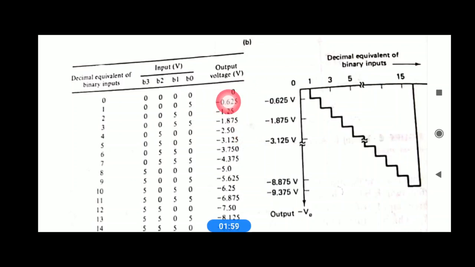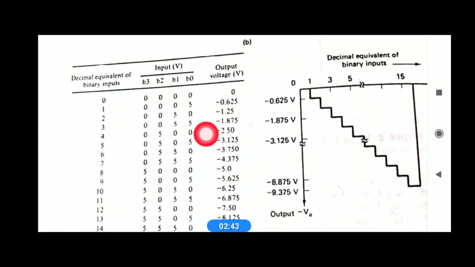So in the same way, if you see at this input, when you apply B0, you will get half of B1, right? So when you apply B0 individually, B1 individually, B2 individually and B3 individually, we can get the output values. If you apply multiple inputs here, you need to sum up the individual outputs for those multiple applied inputs.